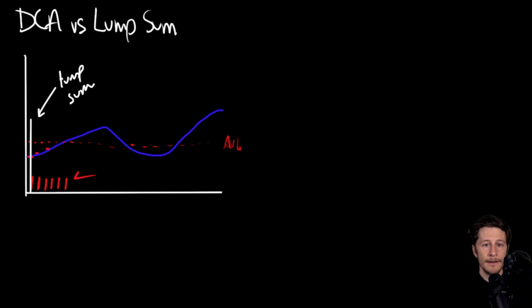Okay, that's an idea. The argument for lump sum investing is that time in the market is one of the most important factors for investing. You're giving the money more time to compound, to earn dividends if there are dividends, and to make gains if there are gains to be made. And if you're going to make a lump sum investment, you want to make sure that you have a relatively high risk tolerance and that you don't intend to touch the money for some period of time, because it's possible that the market will drop tomorrow and drop for a long time if you make the lump sum investment.